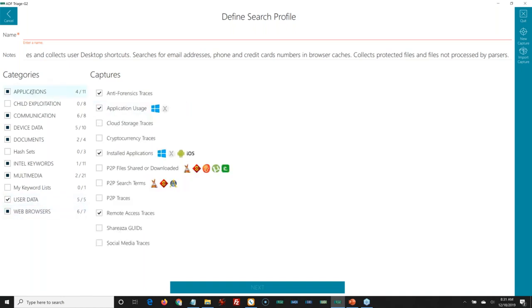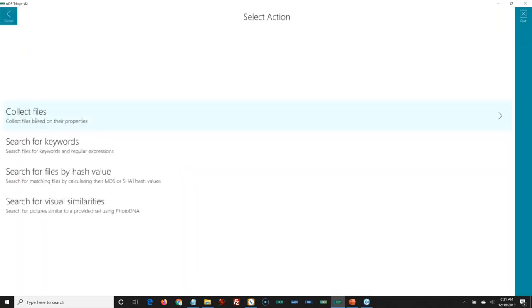So explain what's in this search profile. I have some information that I want to take out onto scene with me. So we allow you to create captures too. I can collect files, specific files from the entire drive. So let's say I want PDFs from anywhere on the computer. All files from a specific location. I want all the files that are located in the user's downloads folder only. That's all I want to collect. I can set this up to do that.